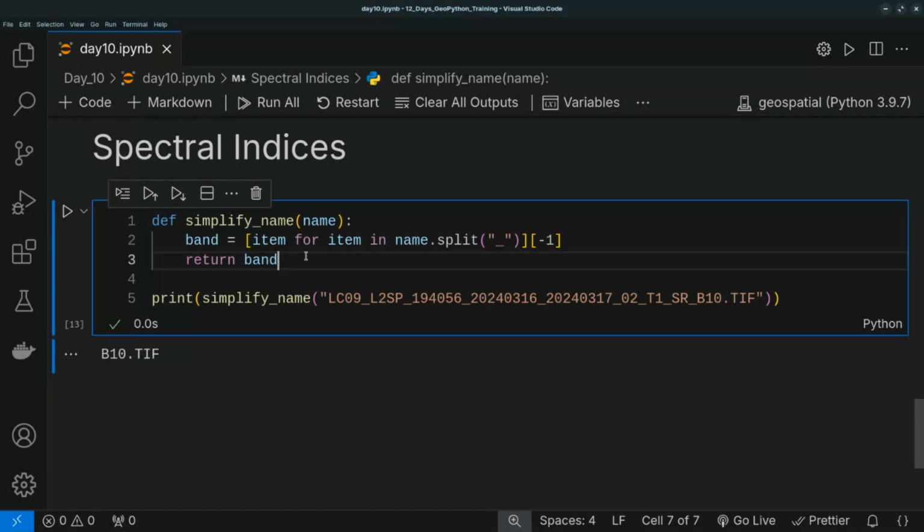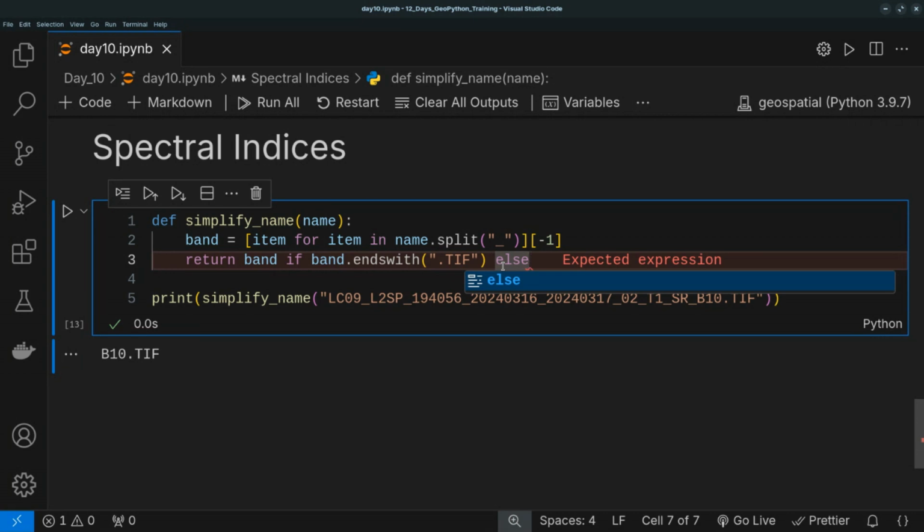But the thing is, it can be that when we start working on the raster file, the .aux files will be created. So let's just be safe and then say return band if band.endswith tif. You don't really have to do this thing that I'm doing here. I'm just trying today to be more inclined to code than to be clicking and renaming. And then else, if it's not like that, then